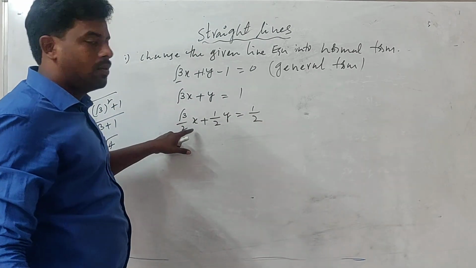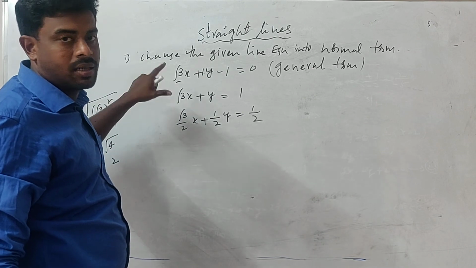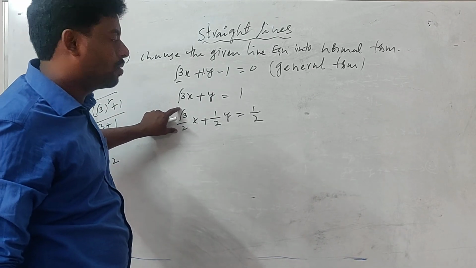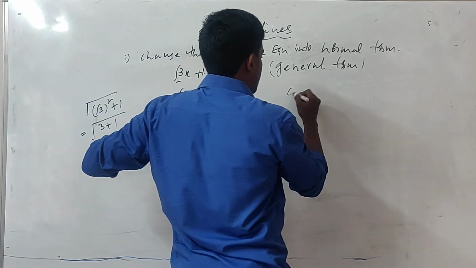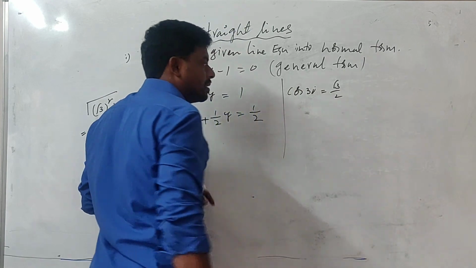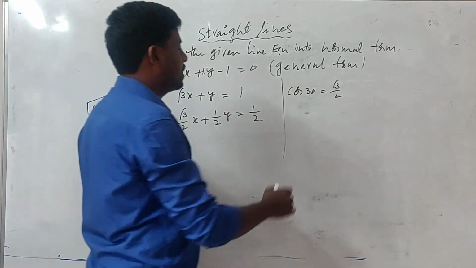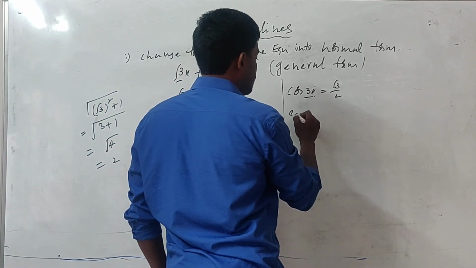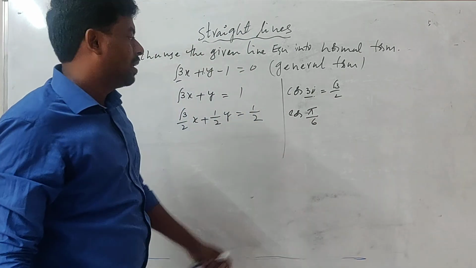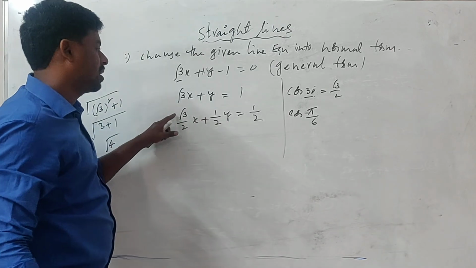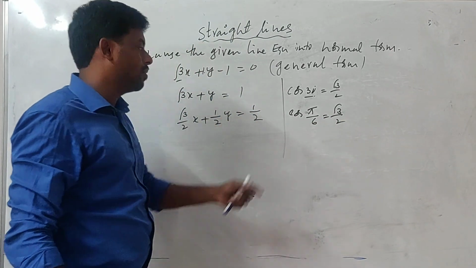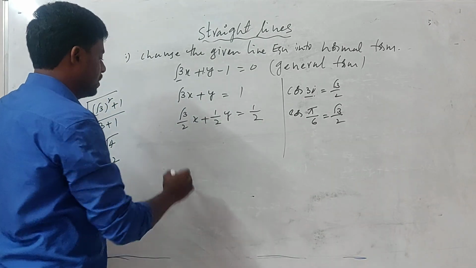In our mind we need to keep x cos alpha. The cos value should be root 3 by 2, which is cos 30 degrees equal to root 3 by 2. We need to convert cos 30 degrees into radians: pi by 6. Instead of root 3 by 2, we need to replace it with cos pi by 6. So x